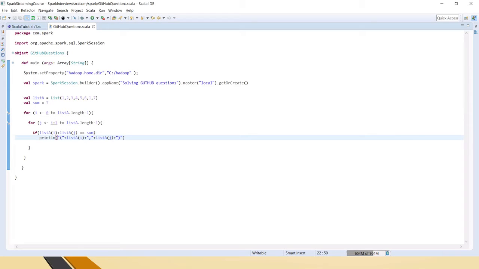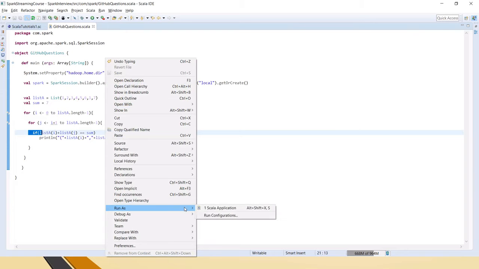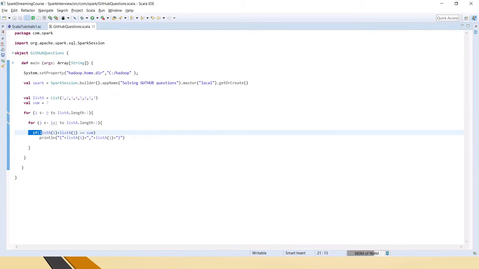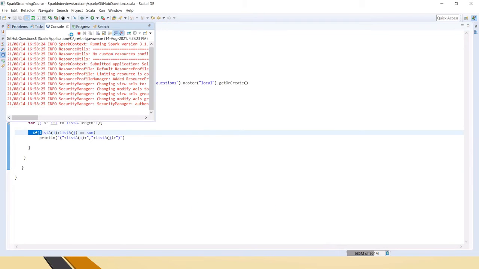Got it, right? Here we can improvise by taking a set instead of a list, so that duplicates will not be there, and we can also write an else clause and all that.